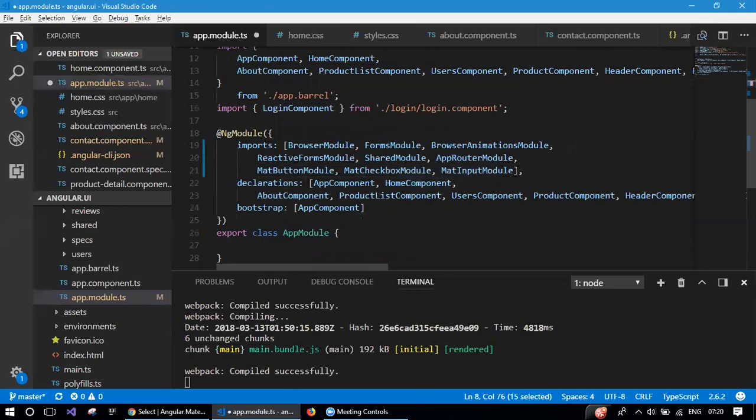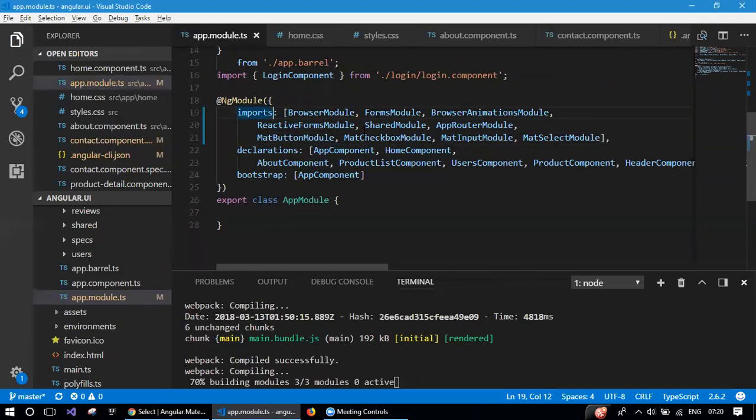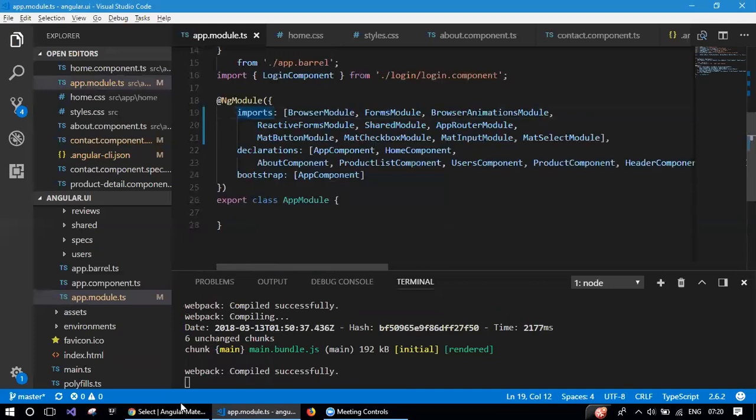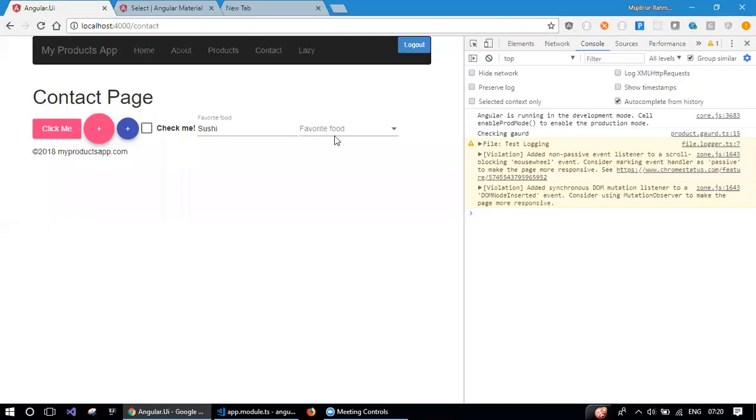and put it here. This app module is growing in size with a lot of imports. If you want to move this material module to a separate module file, that is also okay. That is also fine. You don't need to put everything here. The only thing is you need to export the entire material module, because our components are inside app module and you're moving the material module to a separate file. An export section needs to be added. Okay, something like this. This looks better than the